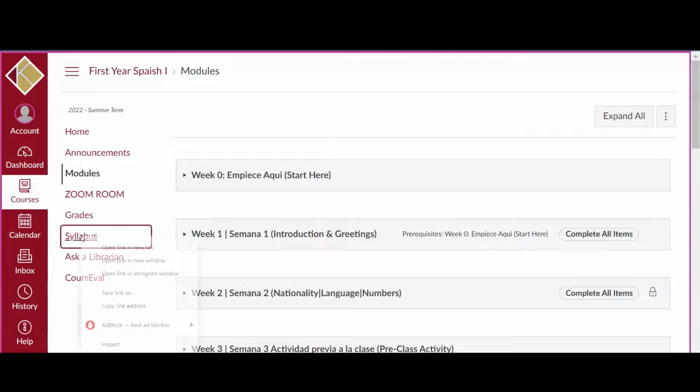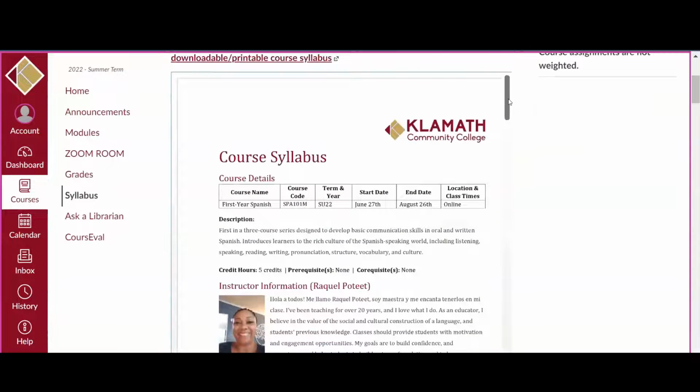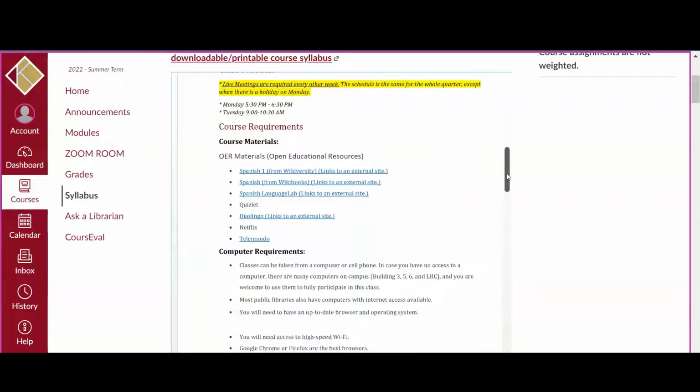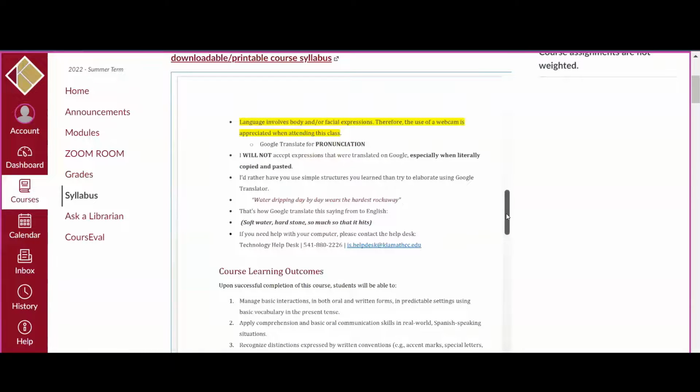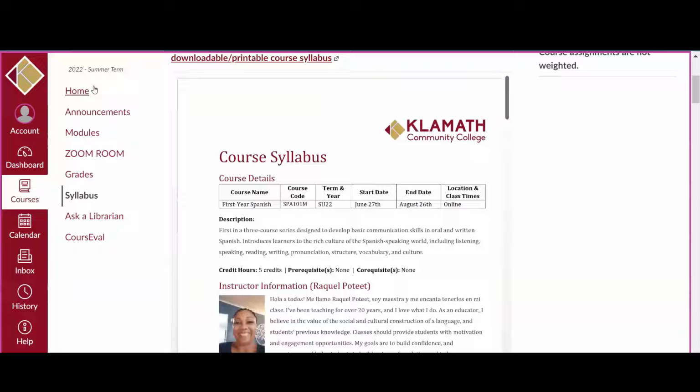The syllabus is extremely important that you check and read the syllabus, and you're going to have a syllabus quiz, and this syllabus quiz will establish your presence in this class. If you do not submit that assignment by the due date, you're going to be automatically dropped from this class. So let's get back here